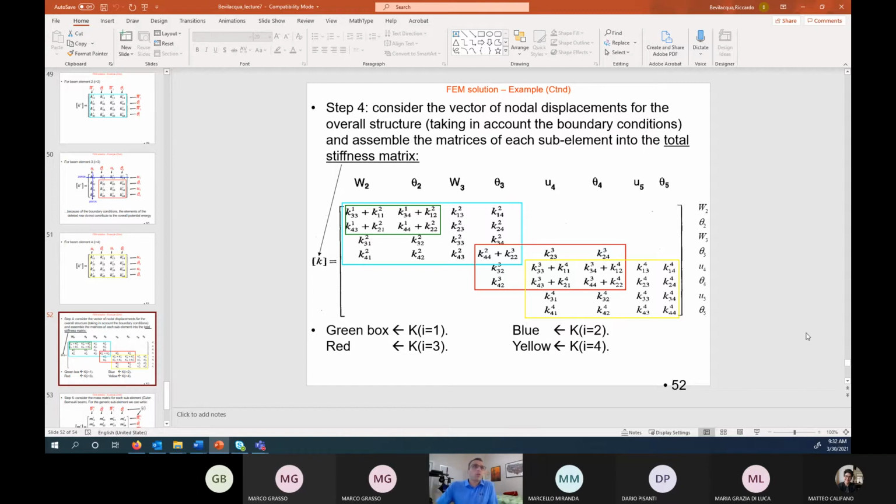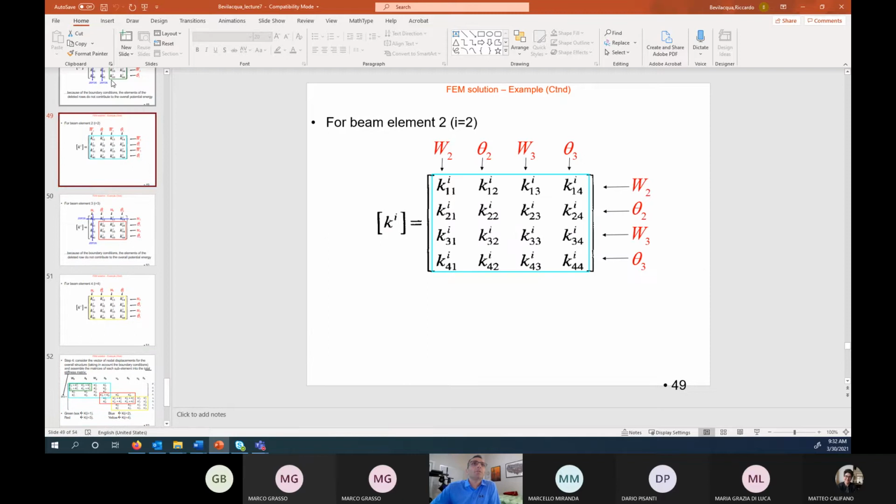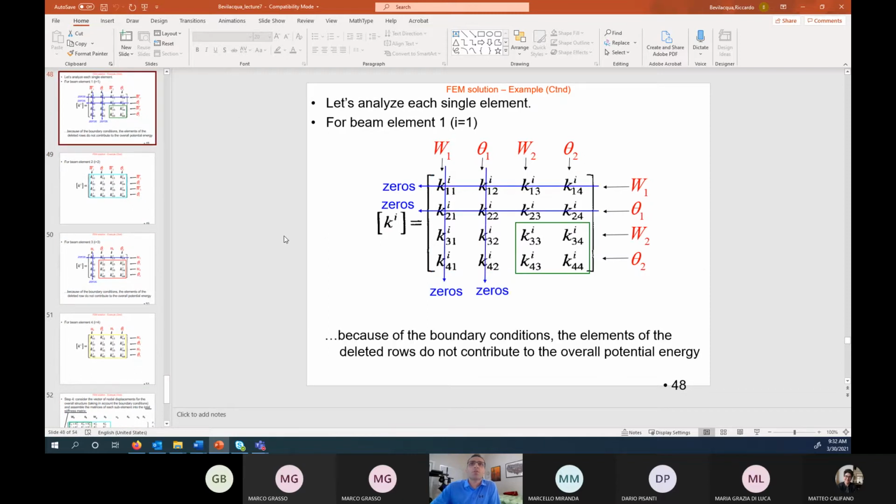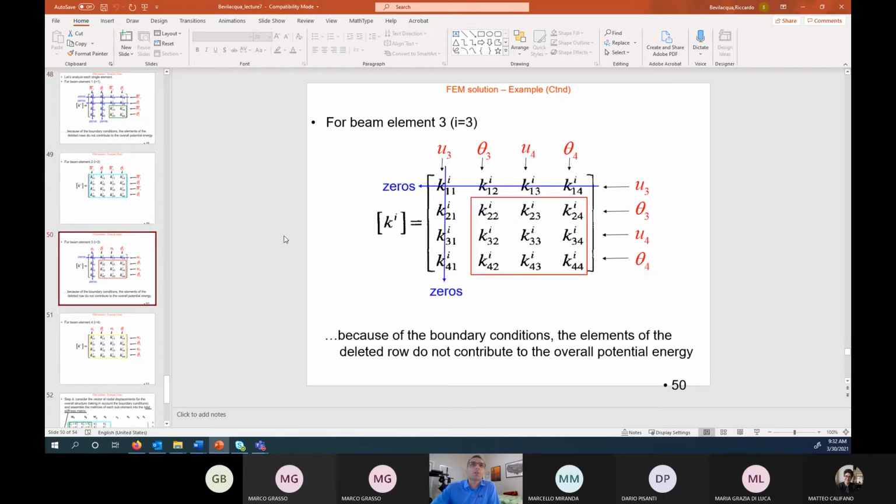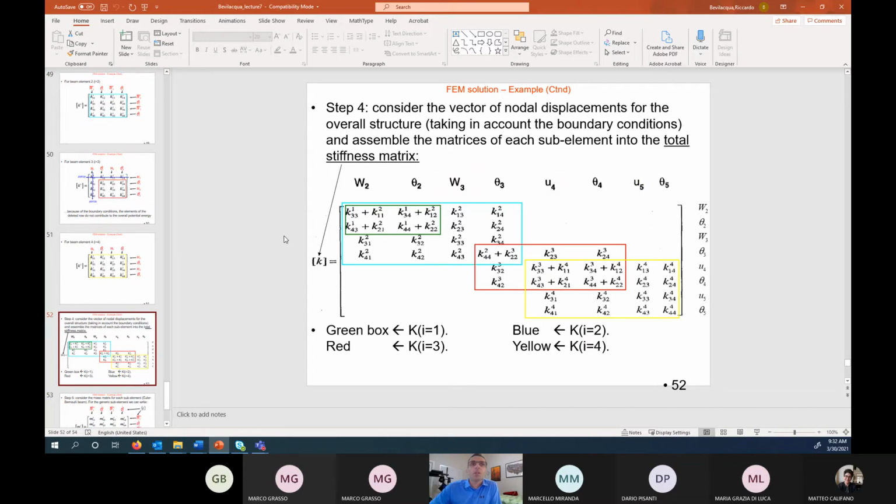So remember that I color-coded the matrices, and remember that this is linearizing the system. So you start from this one, then you have this one, you have 4 of them, and you have to put them all together. So what you do is that you write in order your displacements, starting from the first one. Remember the first variables, omega 1 and theta 1 and u1, they're just the wall, so they don't make any contribution. So you start from 2, w2 theta 2, w3 theta 3, and then you have u4 theta 4,